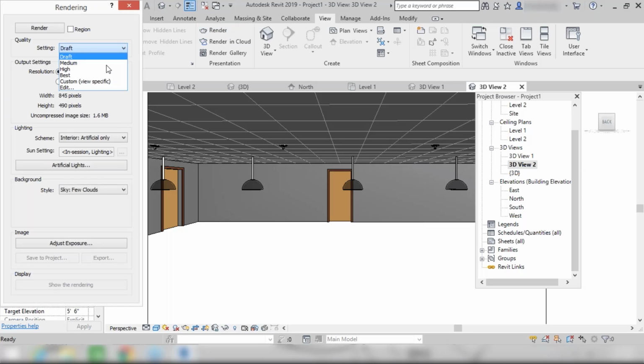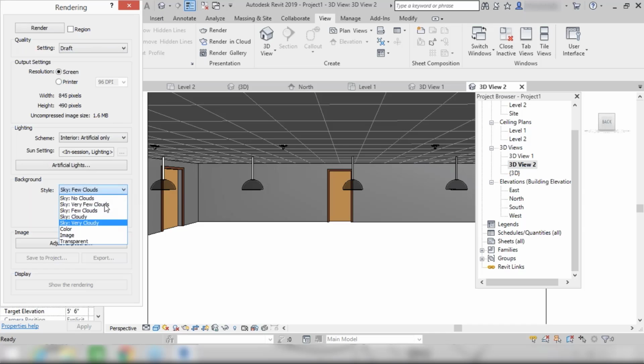So if you go to here, rendered setting, right, here you can check all these setting, that is draft, whatever the quality of rendered you want, right? After that, if you want to render any specific region, you can click on region, it will activate that region command, right? So I'm keeping this as resolution as screen only. You can change this to printer as well, right? Or this one.